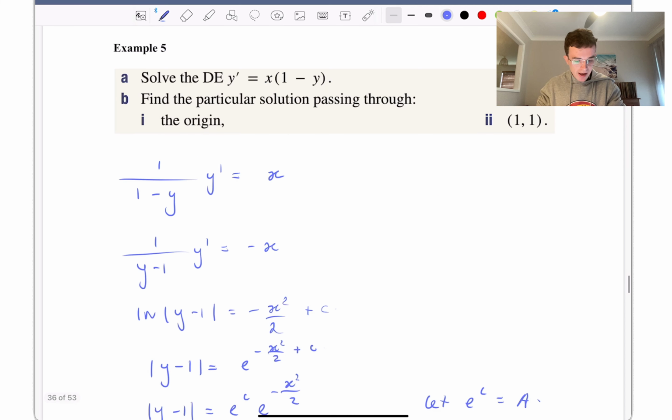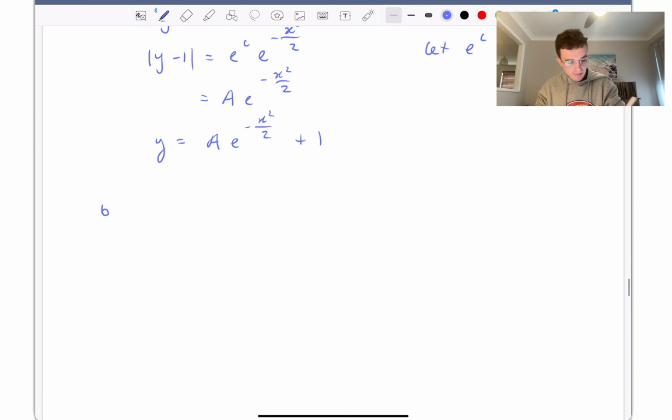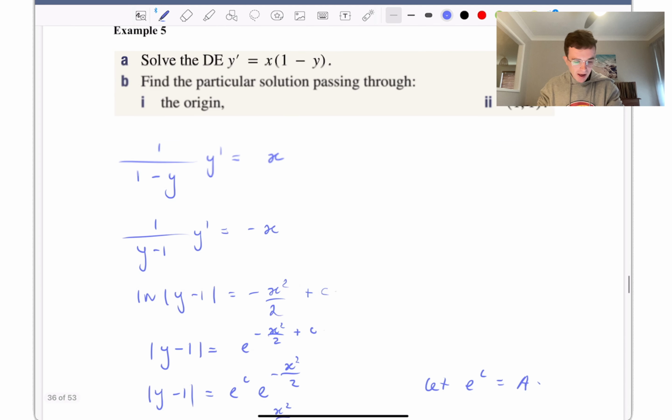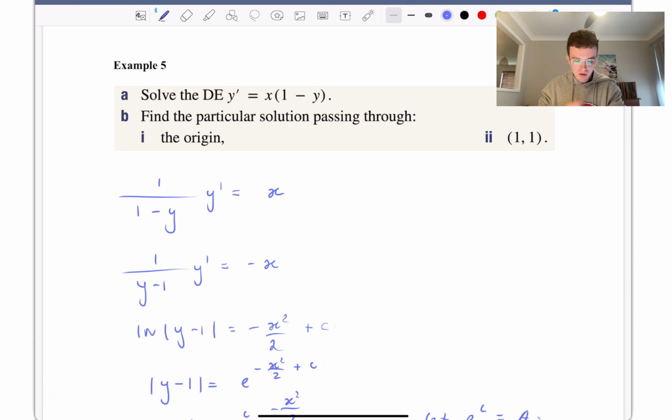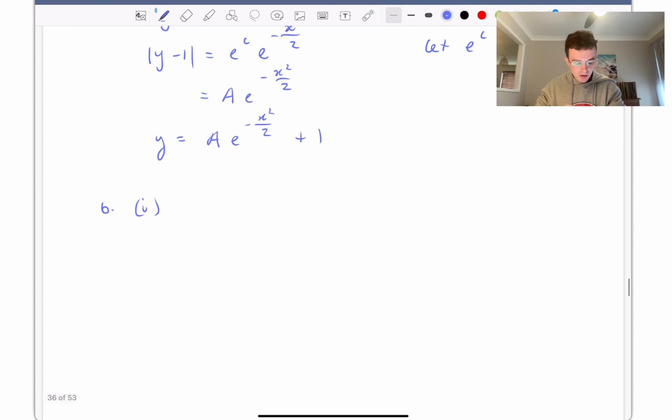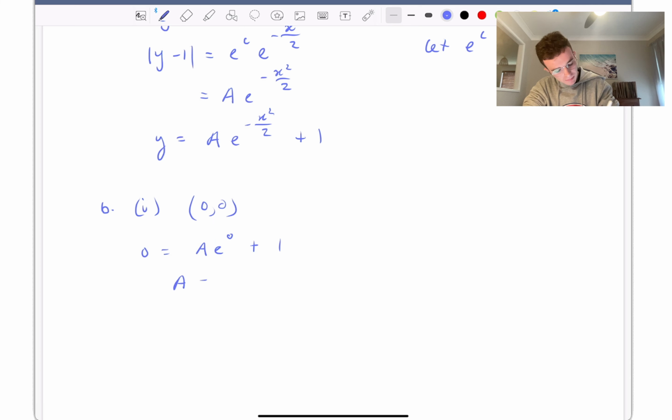We're now going to have a go at solving part B. We've got to find the particular solution passing through the origin, so the point 0, 0. So 0 is equal to a e to the 0 squared, which is 0 on 2, plus 1. Now, of course, that means a is equal to minus 1. So therefore the solution is y is equal to minus e to the minus x squared on 2